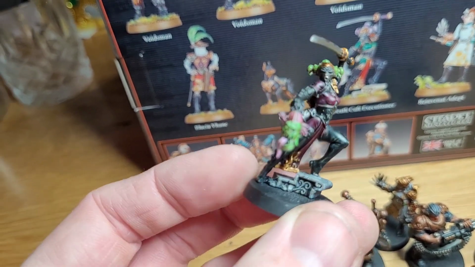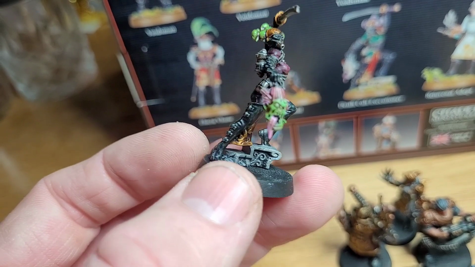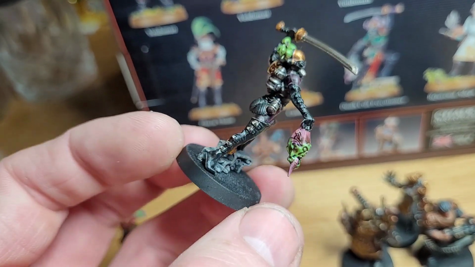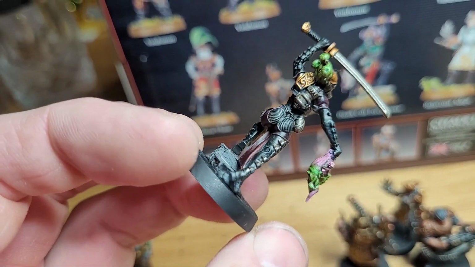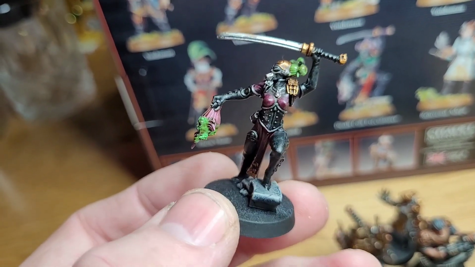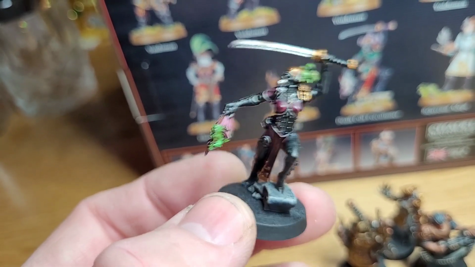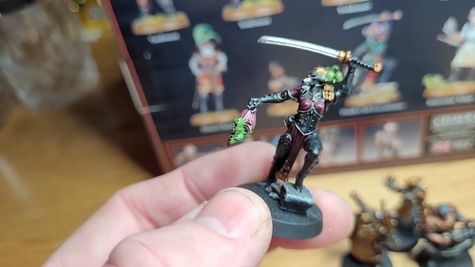Can we see you? Where's the little head? There's the little head. Did them, again, like the Nurgle ones I've already done. Booty shot. Go for that. And yeah, so green hair. It goes again with the green hair element on some of the